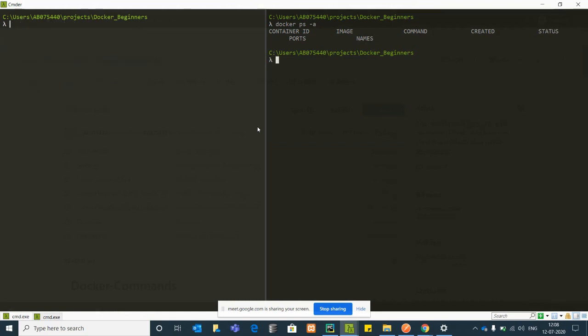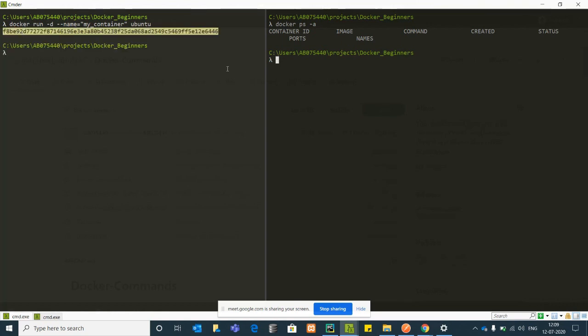Now we will see how we can name the container, how we can give our own container name. So you can simply put, I told you about the -d daemon mode, and then --name, like say my container, and then your image name.